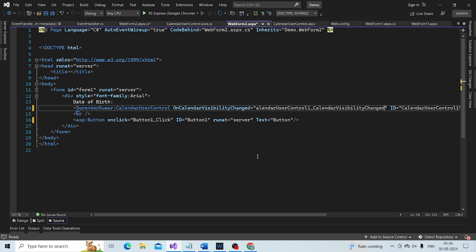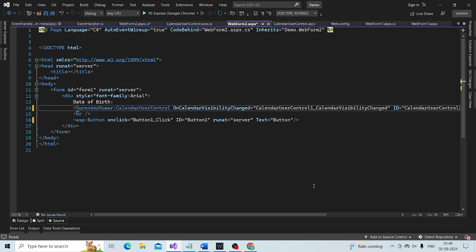So when that happens, I want to invoke this method, CalendarUserControl1_CalendarVisibilityChanged.